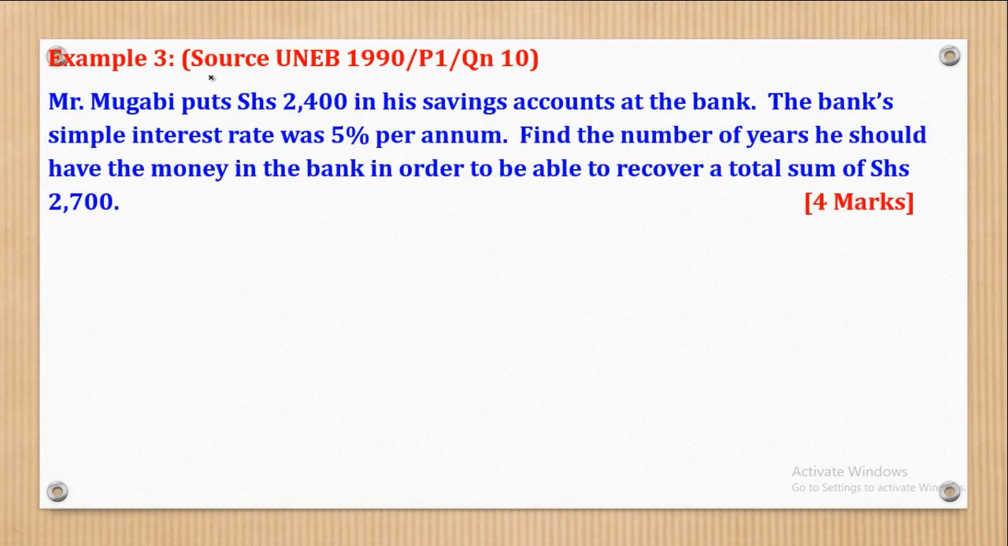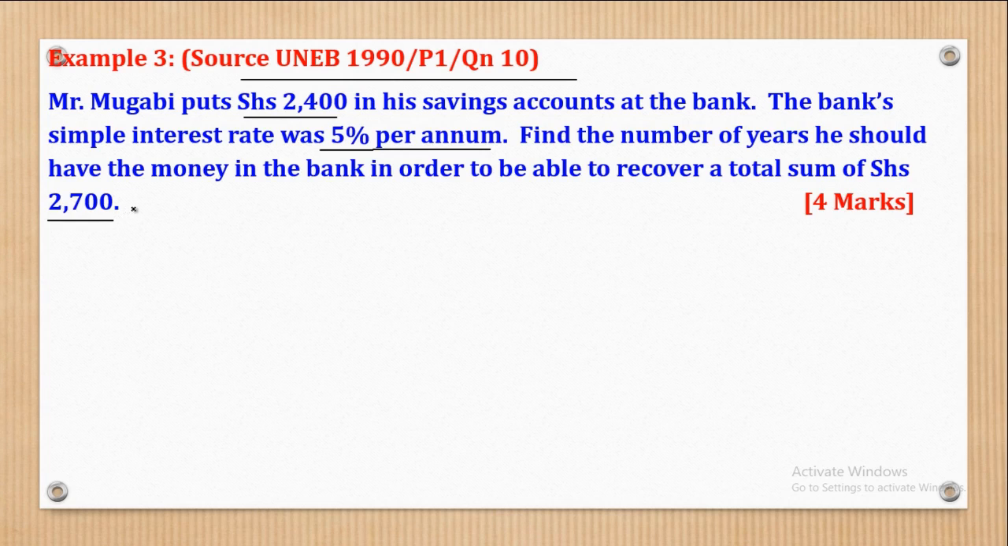Now we shall go to example 3. Example 3 came from UNEB 1990, paper 1, question 10, and it says, Mr. Mugabe puts shillings 2,400 in his savings account at the bank. The bank's simple interest rate is 5% per annum. Find the number of years he should have the money in the bank in order to be able to recover a total sum of